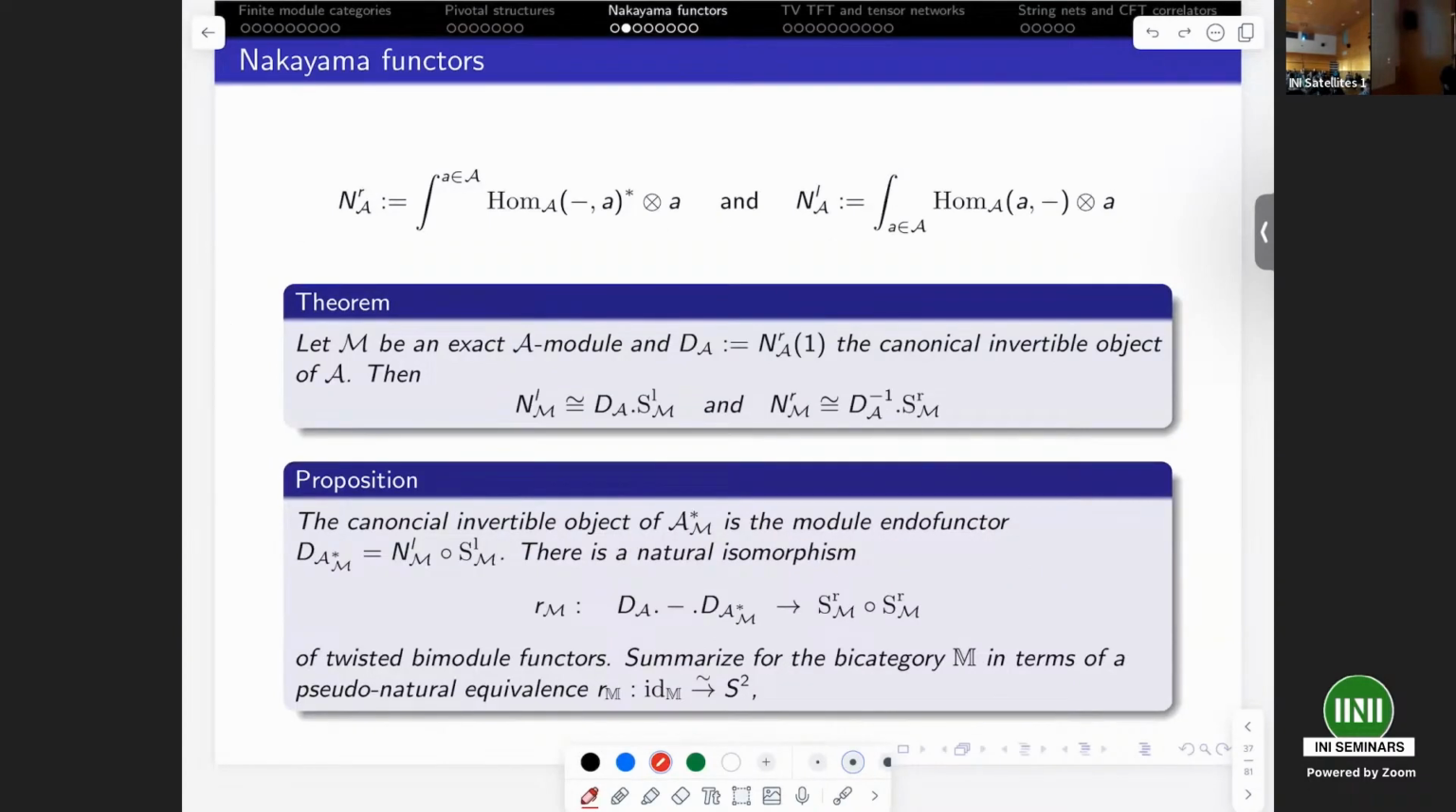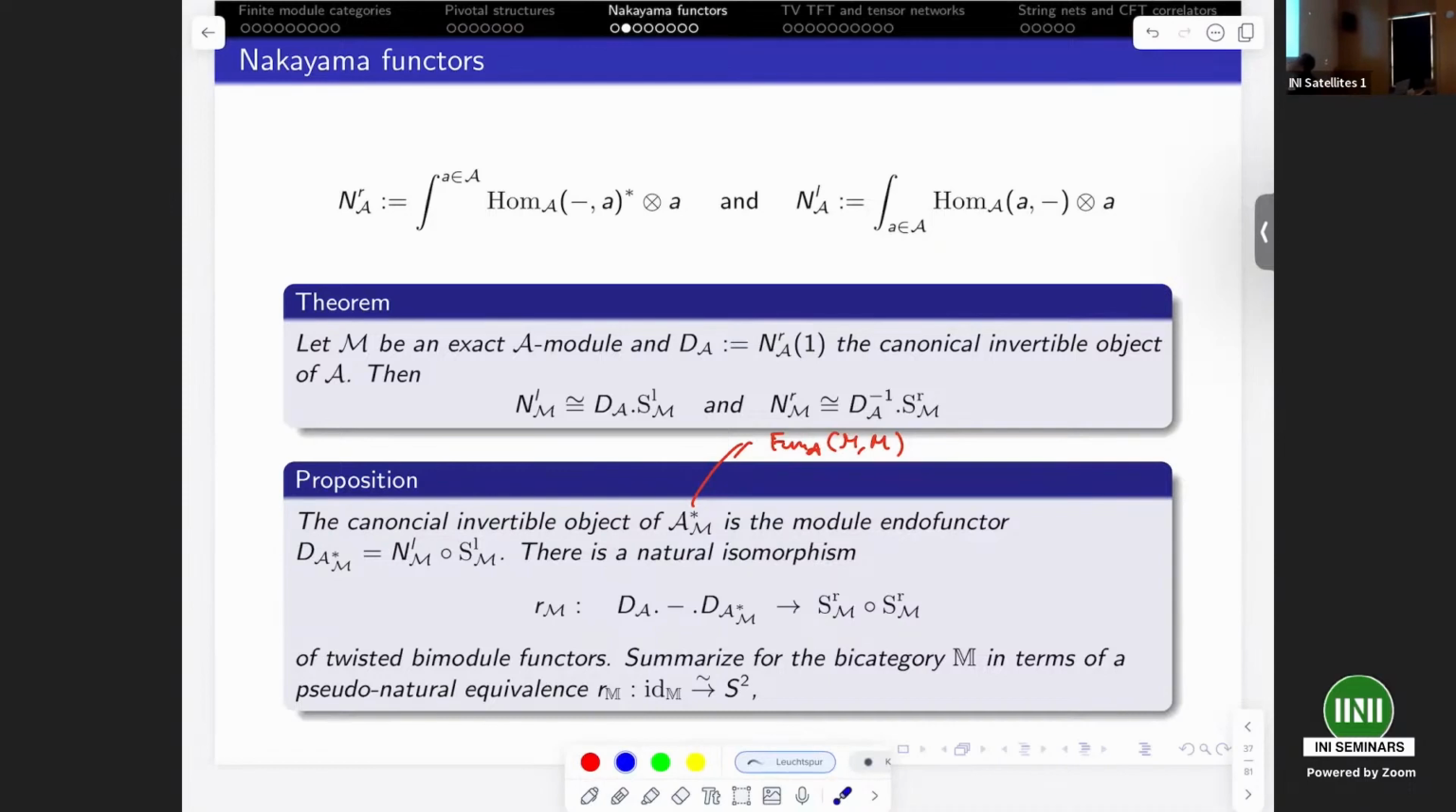Good. Now, just to show you that also in this Morita context, this also works out very nicely. We had this second monoidal category, which was actually functors, module functors from M to M. That's a monoidal category. You can compute what its canonical invertible object is, and this canonical invertible object is a composition of the Serre functor and Nakayama functor, and